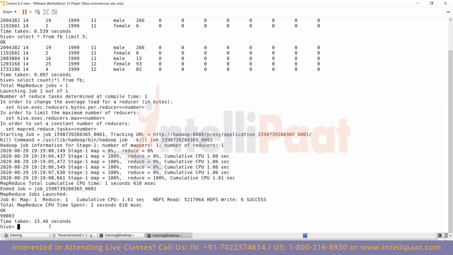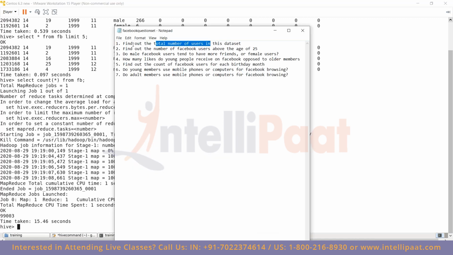Like 15 seconds in this case. So that is quite a good speed for when you're analyzing big data. All right. So let us look at the other questions, which is find out the number of Facebook users above